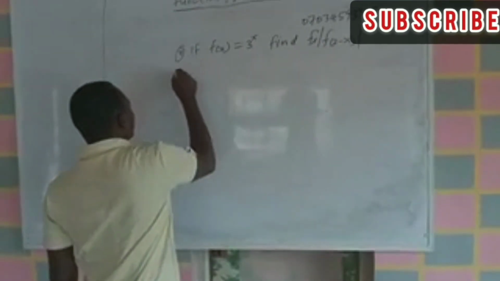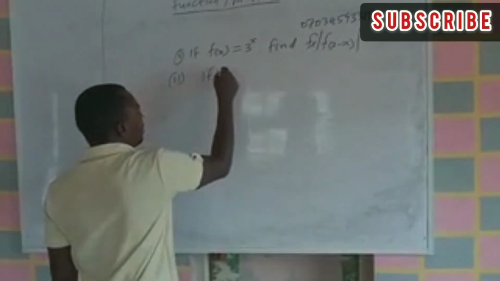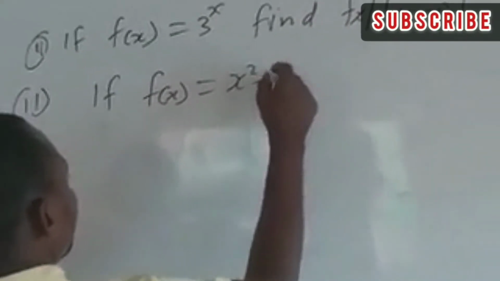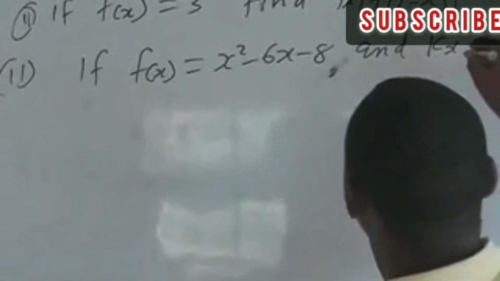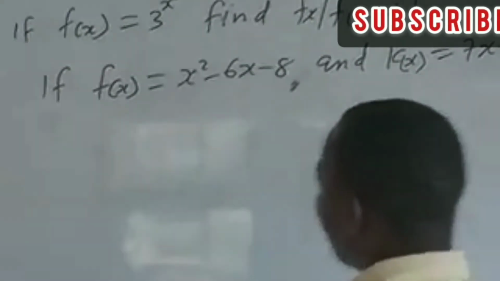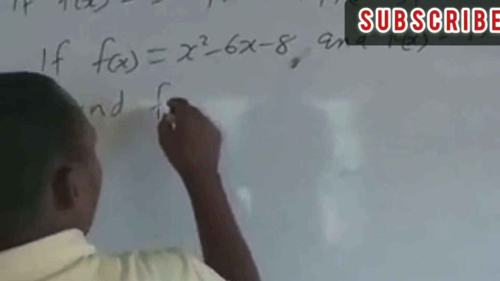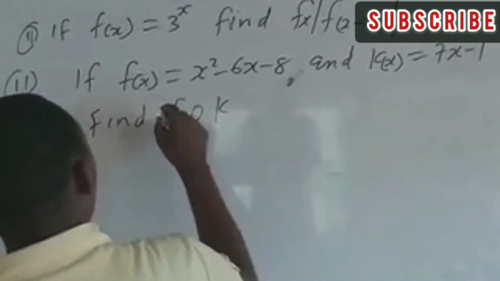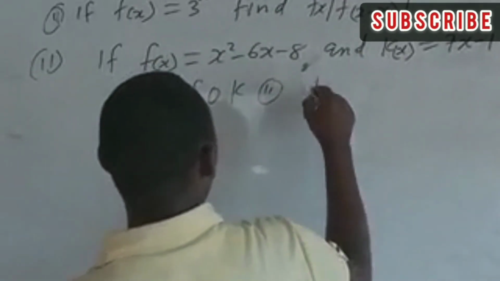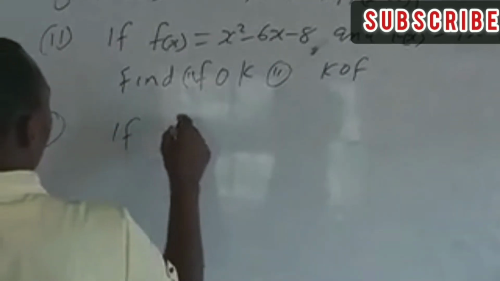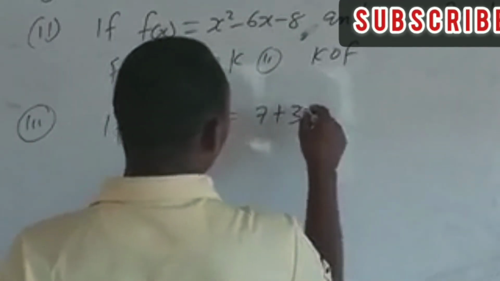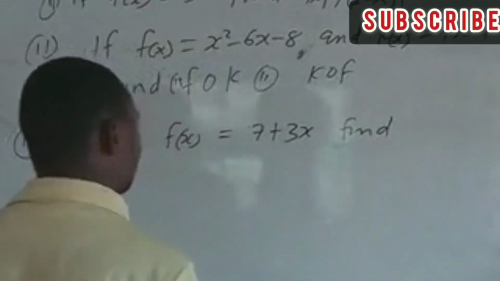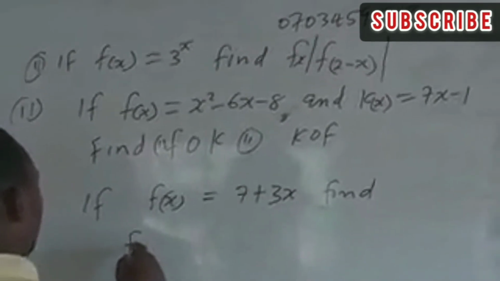Question 2: if f of x equals s squared minus 6s minus 8, and g of x equals 7s minus 1, find f of g. Question 3: if f of x equals 7 plus 3s, find f of